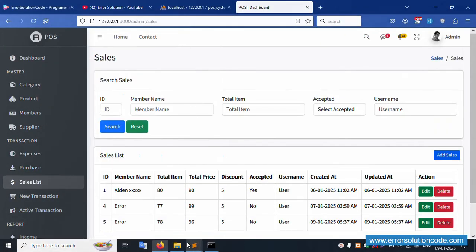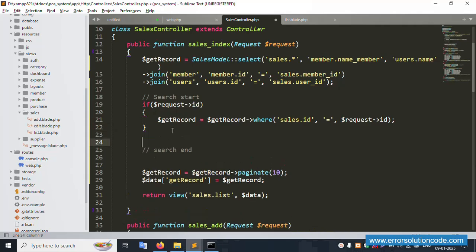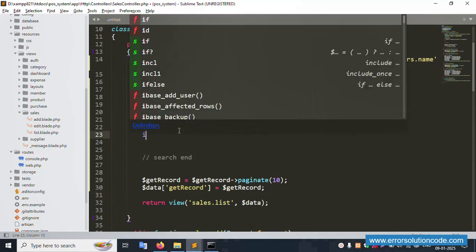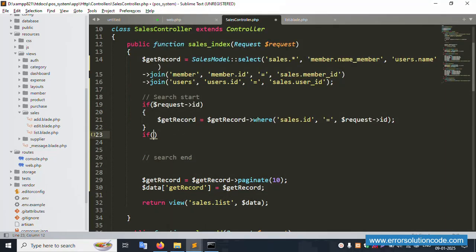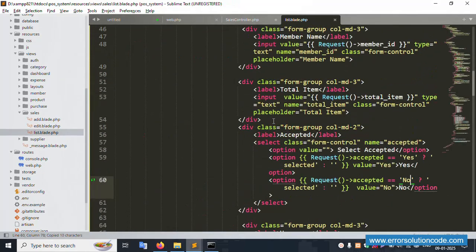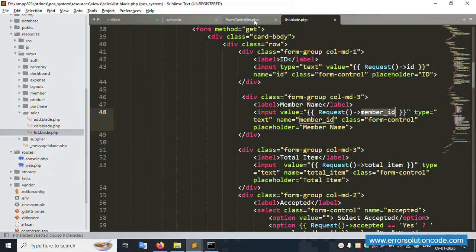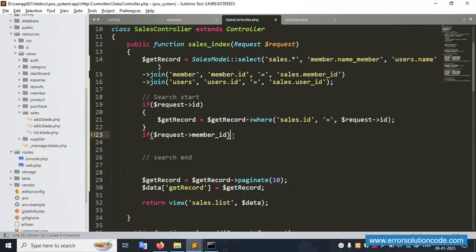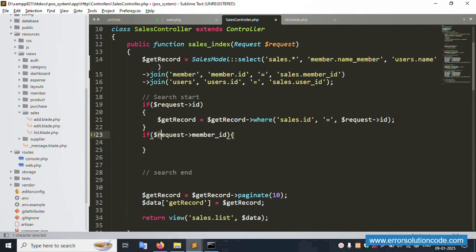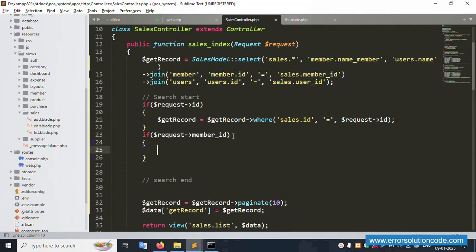Now as it is, and this is inside this implementation, the search bar filter. Same here, if request inside this available user, first, second is the member ID. Same member ID is pasted here, and this is a different way. This is one query, $get record is equal to